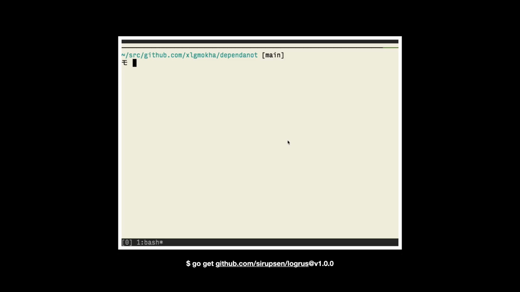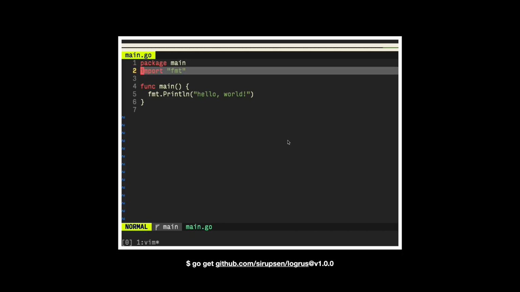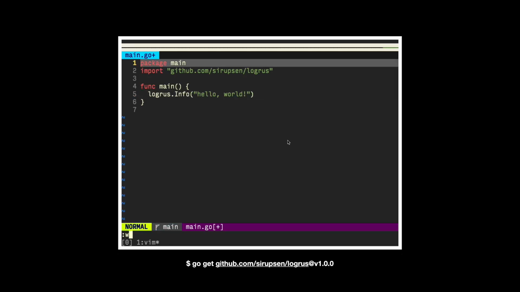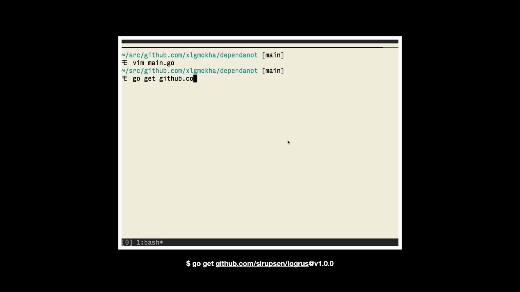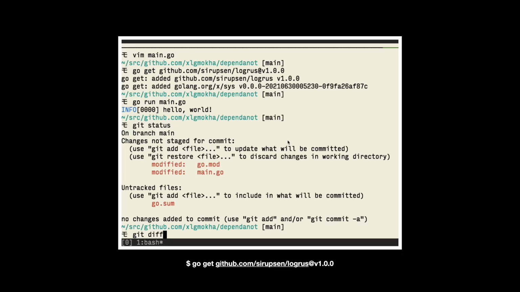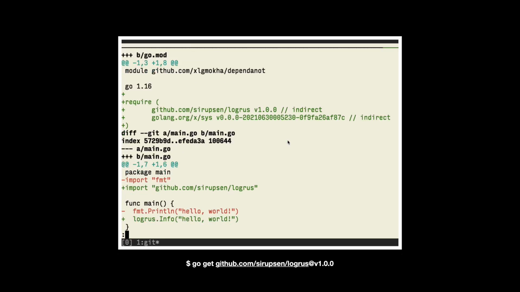Now, as time goes on, we find ourselves wanting more features in our projects. So in this case, I'd like to be able to print out a little bit more information to the command line or to the terminal. And so I'm going to pull in a package called Logrus here. And Logrus is going to help us do effectively the same thing it was doing previously, which was to print a hello world message to the terminal. Here I'm pulling in Logrus version 1.0.0, and so I want to pin it to the first one of a really old version of this Logrus package,